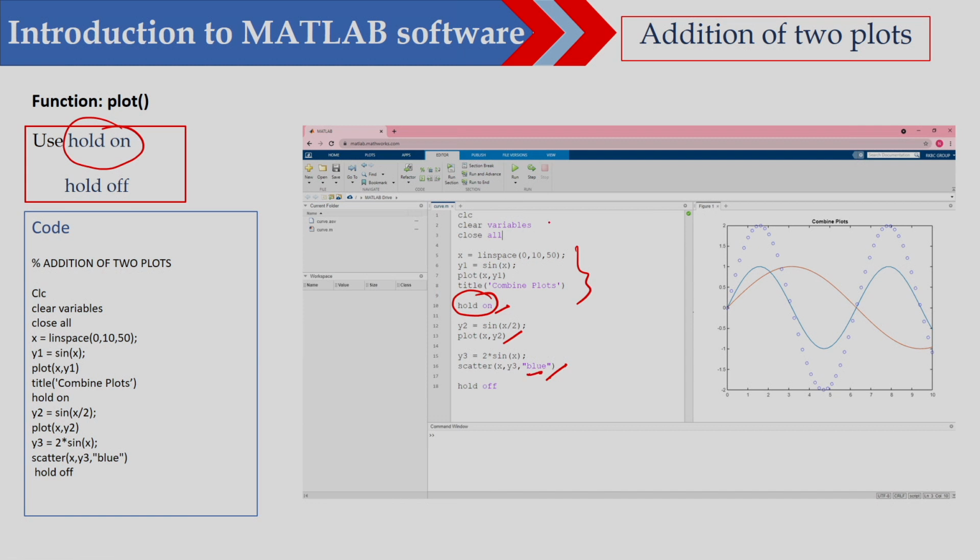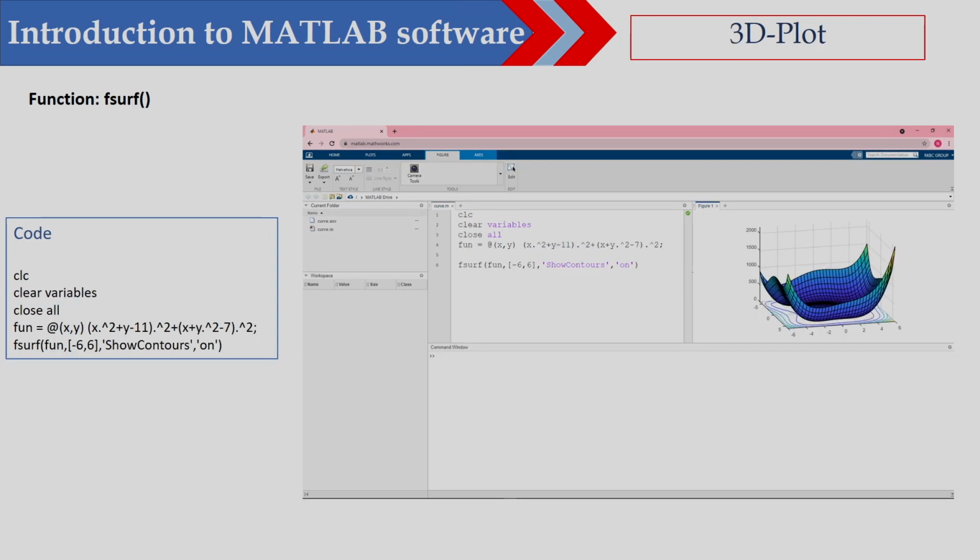So, now if you are using hold on, then all these functions will be plotted in a single plot, and after that you make it hold off. If you are executing some other line, then this graph will not be plotted here. Then if I want to get a surface, I can use